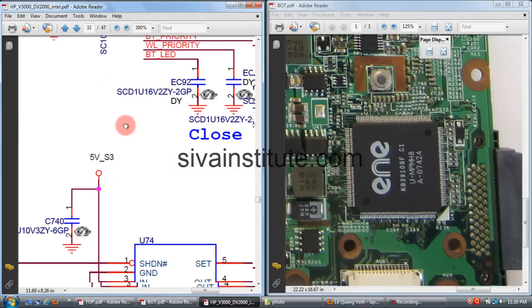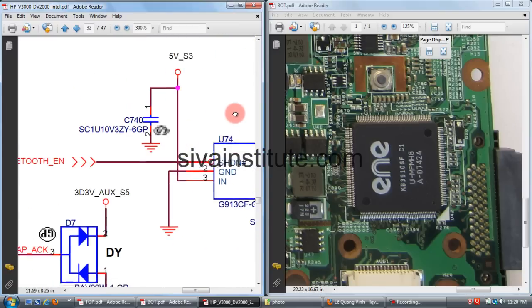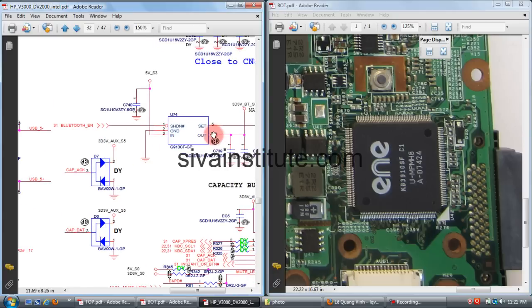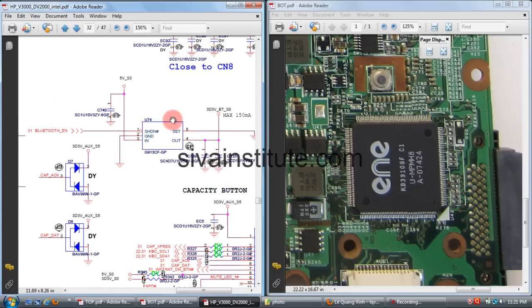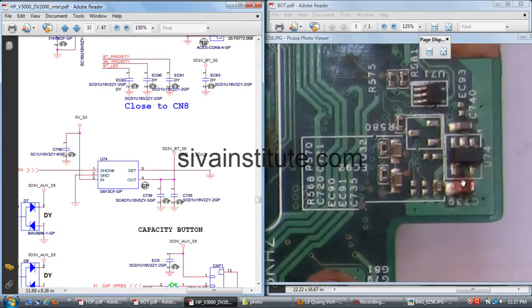And this is U74. If it is faulty, Bluetooth will not work.